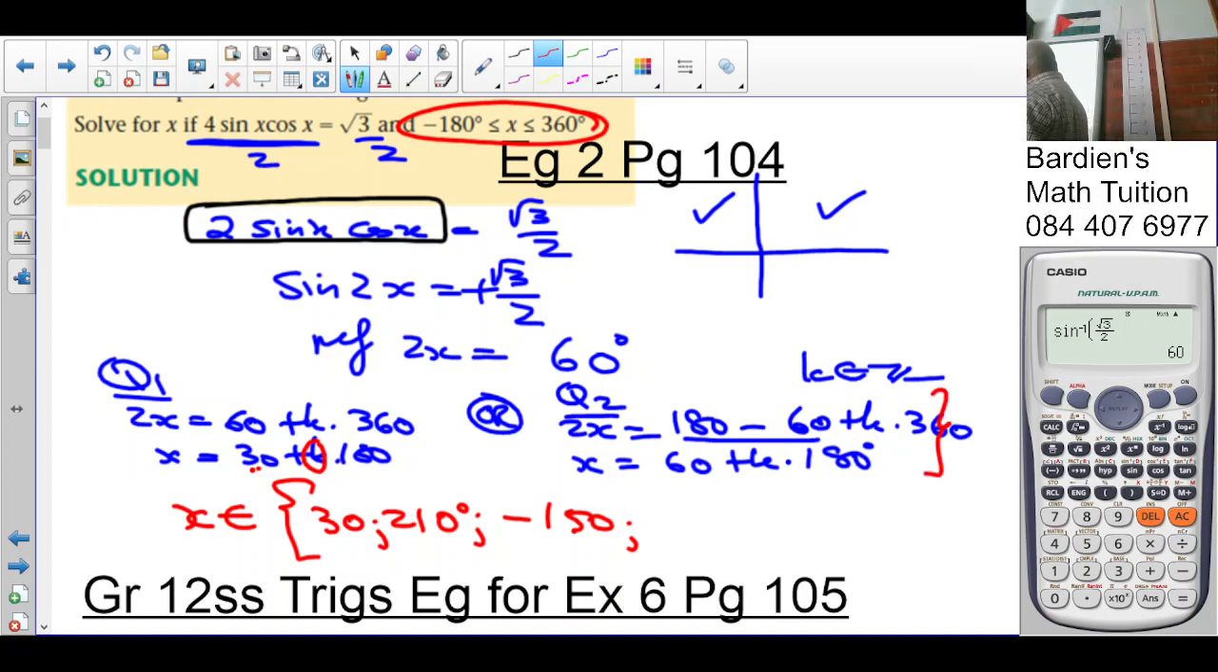If k is 0, then the answer is going to be 60 degrees, not so? Then we try 1. So it's going to be 60 plus 1 times 180. So it's going to be 240 degrees, which is still within the given domain. Okay? But trying 2 is going to give you 360 plus 60, which is 420, outside the given domain, or given